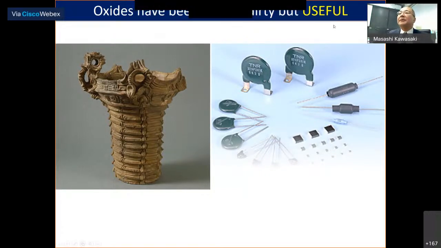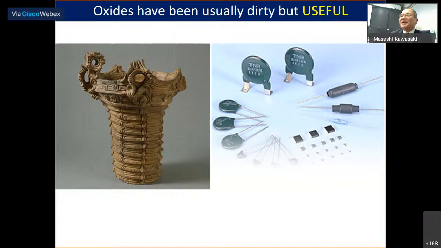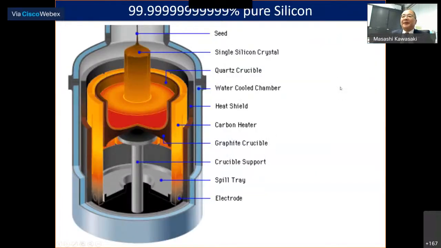Oxide is known to be a very useful material, but usually useful materials tend to be very dirty. People add some ingredients to make very useful device parameters, such as for capacitors or inductors. If you think about a pure material, you may think about something like silicon. The silicon crystal is known to be very pure, like 99.99